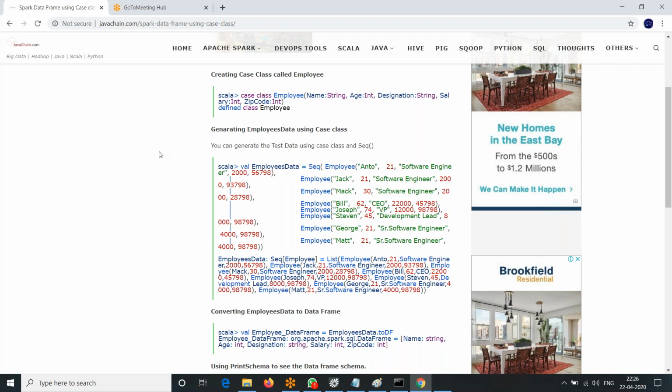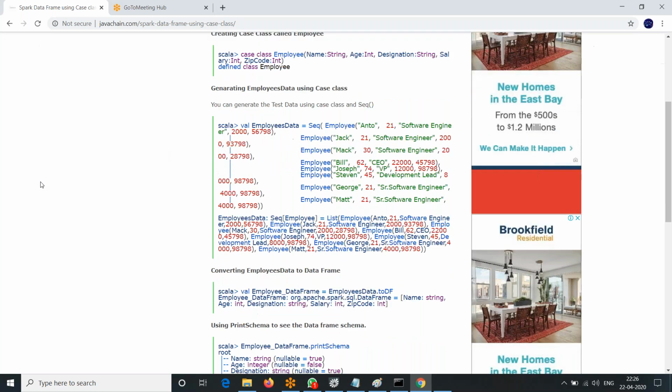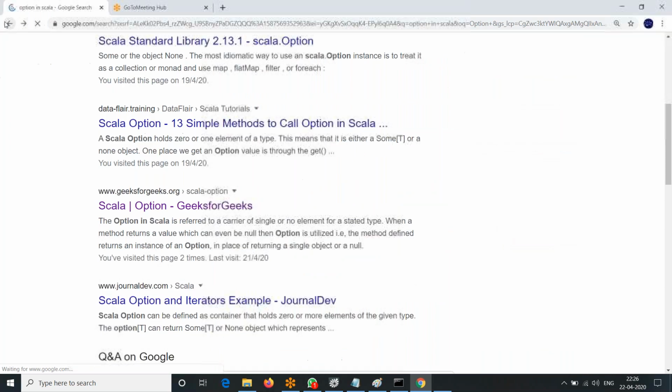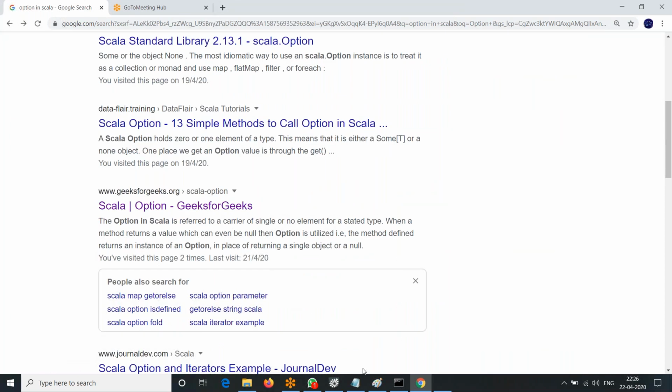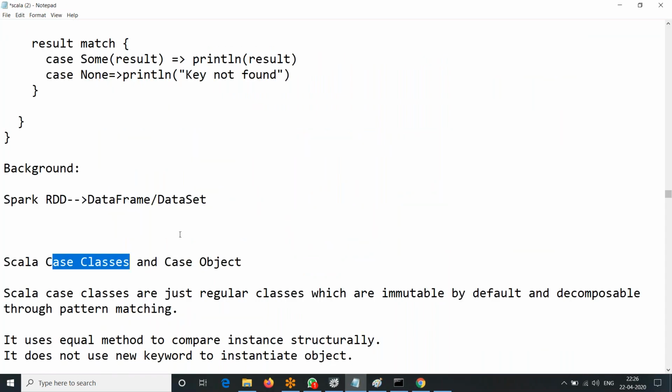Because we can talk about the topic, but where it is applied, how it is applied, and how important it is, the usage is very important. When you understand that, definitely you can have more interest in learning that. That's what I believe. Okay. So now you got it, right? How case classes are very important.